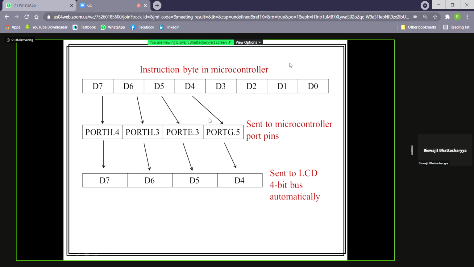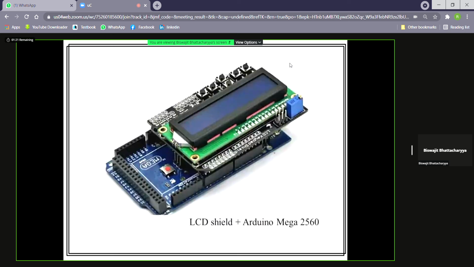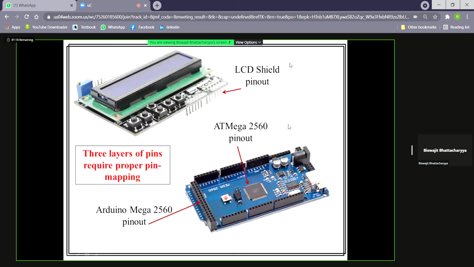Once you send it to the microcontroller port pin, it will go to the LCD 4-bit bus automatically. How? This way. When we send those port pins here on the ATmega terminal, it will go to the Arduino Mega terminal.